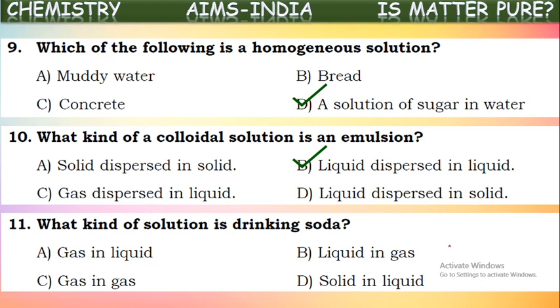So by applying high pressure, carbon dioxide gas will be dissolved into the liquid. Now soda will be formed. So we can say soda is a gas in liquid mixture. Carbon dioxide gas is dissolved into water. Okay. Next,